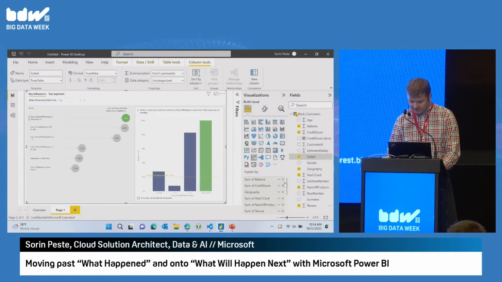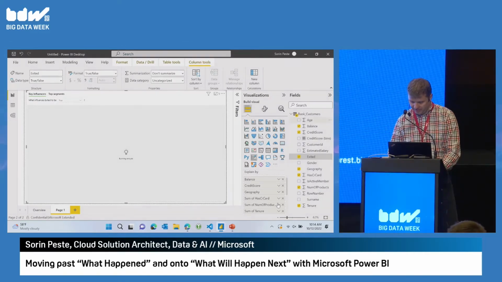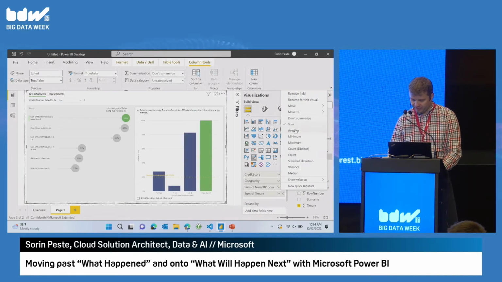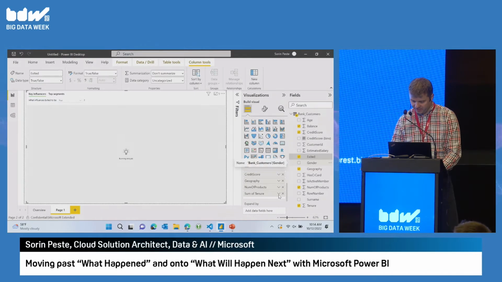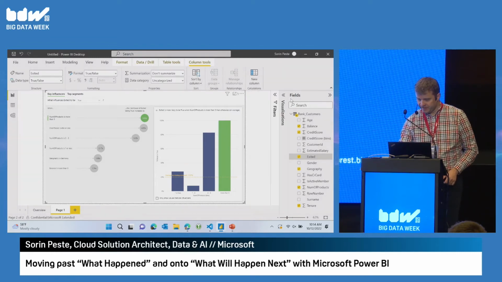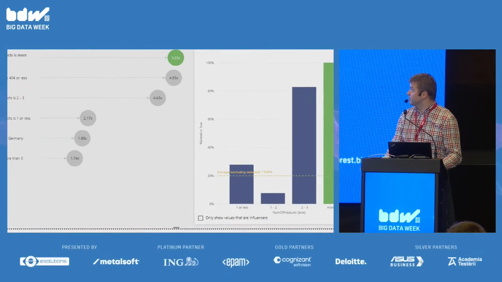There's a few fields here, and I don't actually want to summarize these numeric values. I just want to analyze them as they are. By default, it applies a default kind of aggregation to these fields. I'm just going to say, you know what, just leave them as they are. So you get this kind of analysis. I'm just going to minimize everything else. I'm going to have to zoom in, unfortunately.